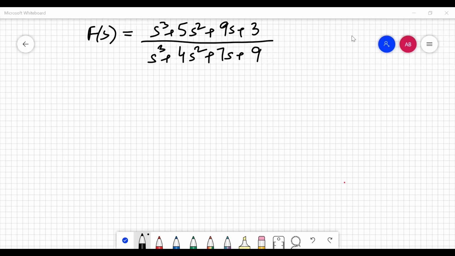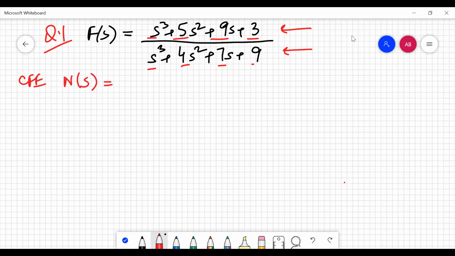So now we come to numerical number 1. By the inspection method, first you need to see that there is no term of s that is missing in the numerator and denominator, and that is not there. The second thing is all the coefficients of s should be real and positive, and they are. At the most the degree should differ by 1, so there is no difference in the degrees, so that is also good. The next point that you need to calculate is the CFV of the numerator as well as the denominator. So first let's calculate whether my numerator polynomial is Hurwitz or not.